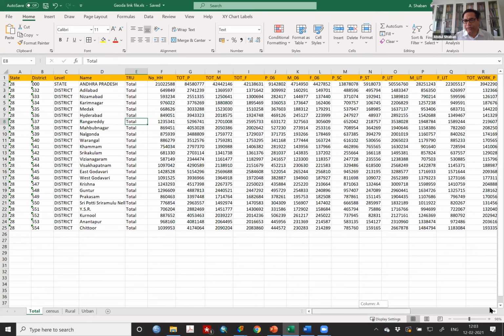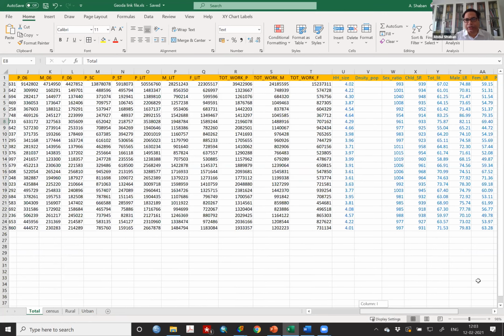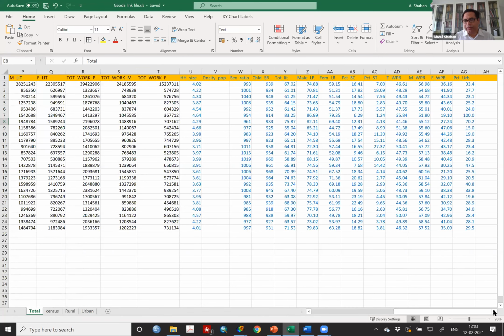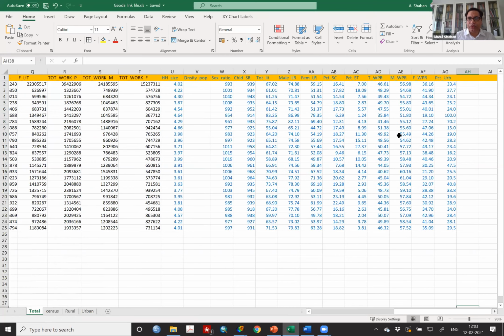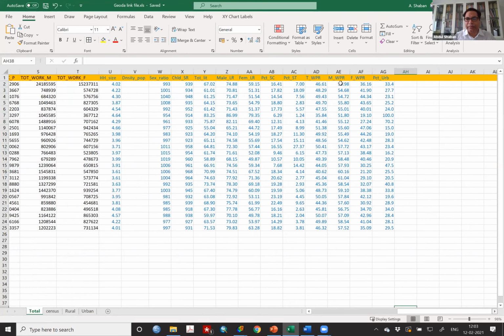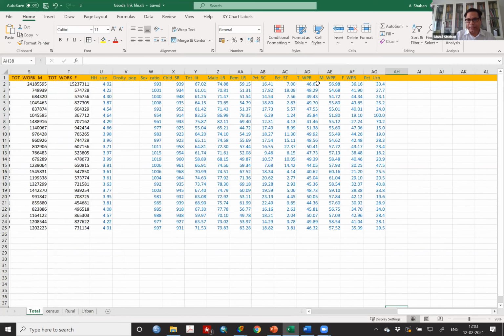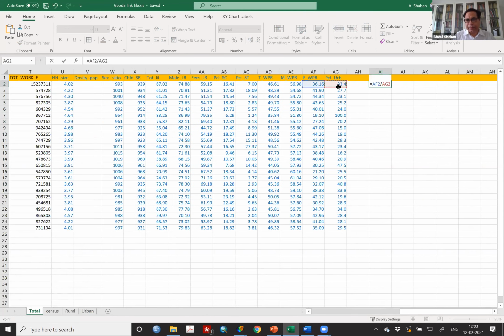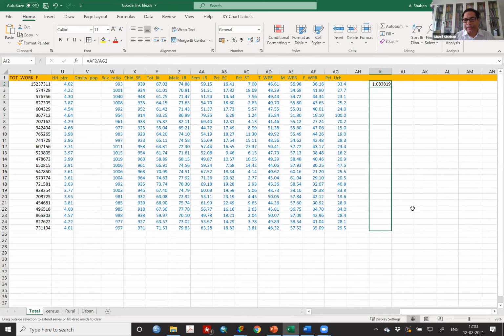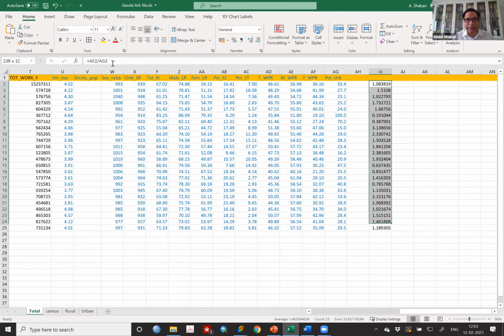For example, I am demonstrating here: assuming that I want to divide this number by this number, so I write this divided by this. Now this is a ratio. I will not take this division as such because it contains a formula. If you press any cell, it is a formula.